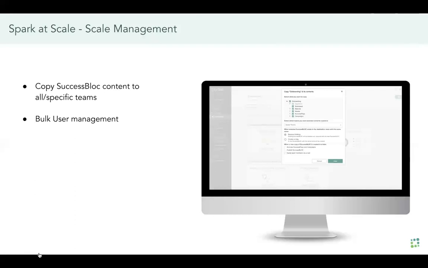In addition, we will enable you to manage users at scale. So now you have the ability to provision, unprovision, and reassign tasks for users that left the company, and you would like to make sure none of their assets will be deleted. You will now have the option to do so. And lastly, when you're creating success teams, instead of doing that manually for one team and later the next one, you will now have the ability to copy and to bulk create success teams for the whole organization.